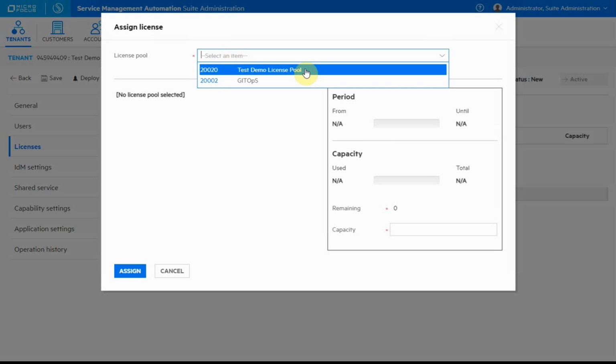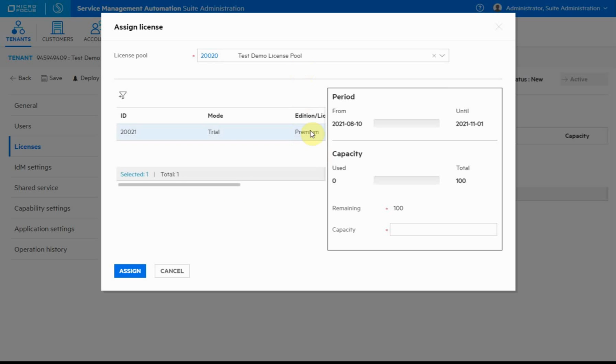We see the license pools that are available. You can see now that we have our test demo license pool here. It is a trial for premium concurrent users. You can see that there are 100 licenses remaining. I'm only going to put 10 on here, so I can go ahead and assign those 10 concurrent users into